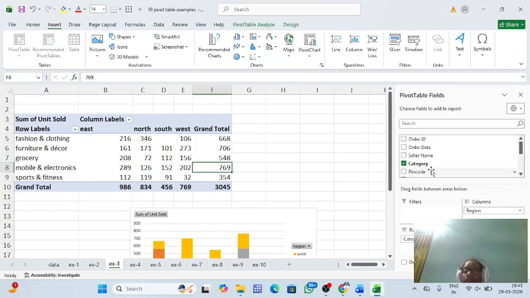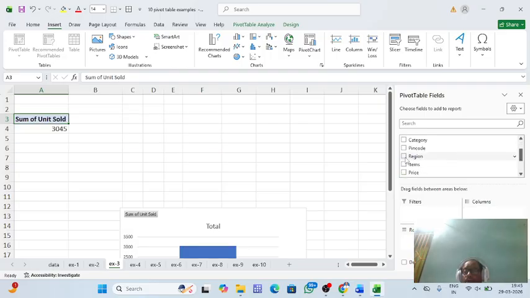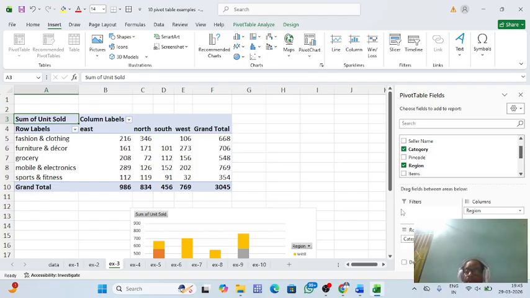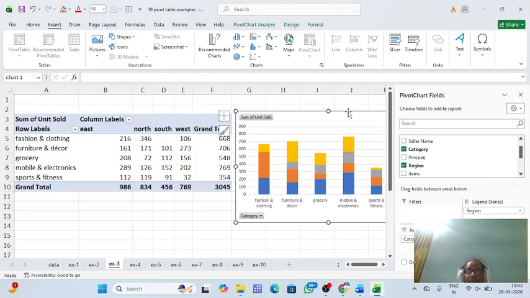So what we'll do? See, first you have to. Okay, I'll show you another way of doing it. Region. Okay. So remember that you first select the region here, and you can drag it to this. Okay, and again you will select the category and drag it to row. Okay, and sum of units sold field you can drag to the values. So drag and drop, you can do that. Then you can create a chart of that, copying it, and you can paste it and draw a chart, and